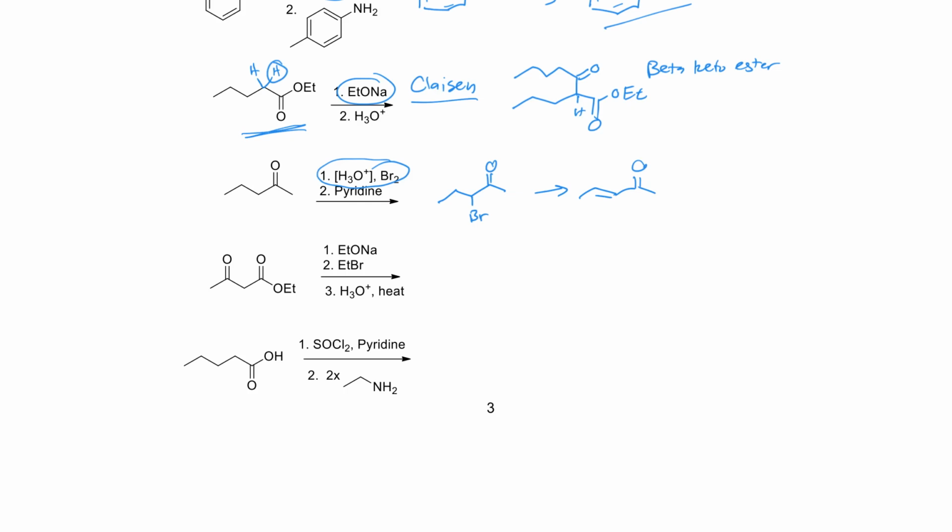Here we have a doubly alpha hydrogen. So we're going to deprotonate that, add ethyl bromide. We get to this compound, and then acid and heat and water will create this carboxylic acid, and under high temperatures, meaning close to 100 maybe, not super high temperatures, this is unstable, and actually